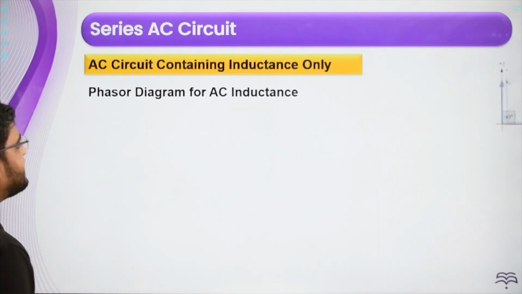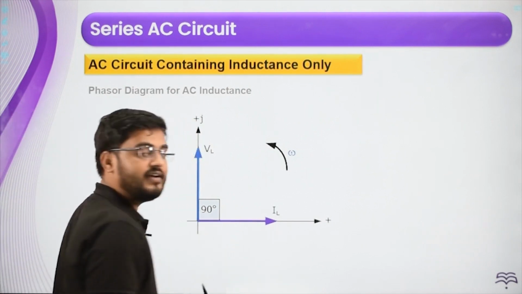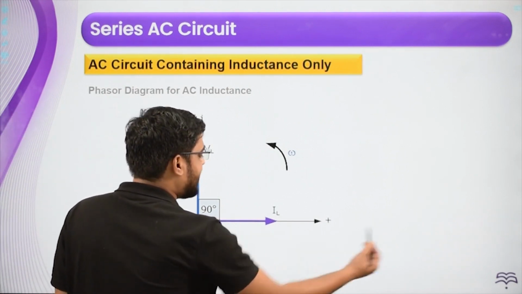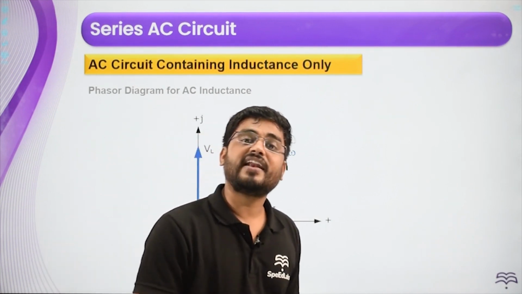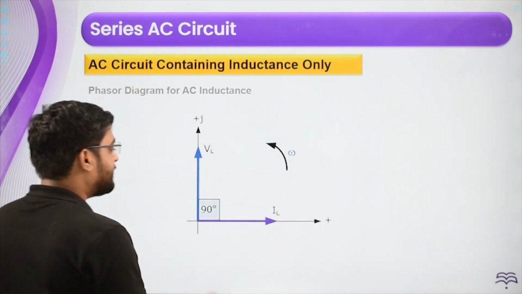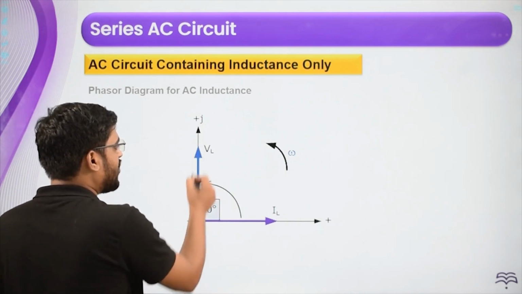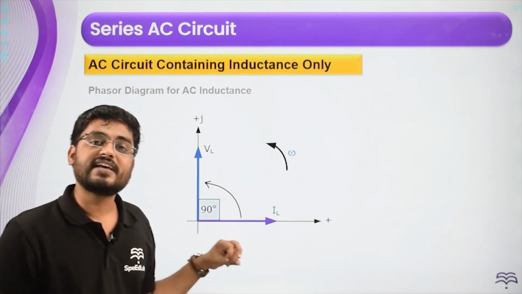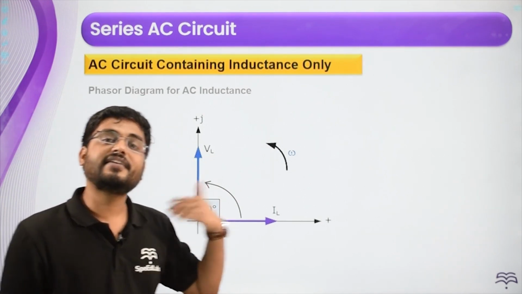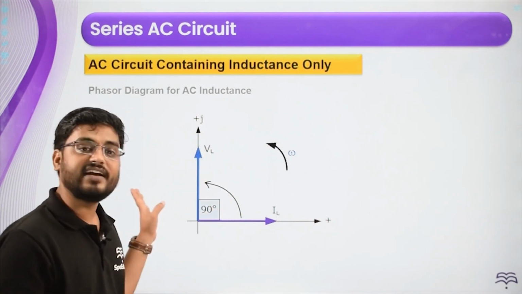Now this is the phasor diagram. In the phasor diagram, remember we discussed that current is always on the x-axis. So this is my current. Now voltage leads by an angle of 90 degrees. So here the plus 90, it is in this direction. So voltage you have to draw on the y-axis. So this is where the voltage will be drawn in case it is voltage across an inductor. Current we will always draw here. Voltage is at an angle of 90 degree.